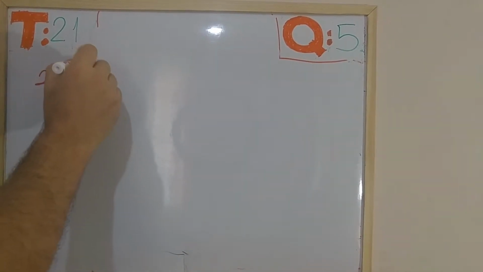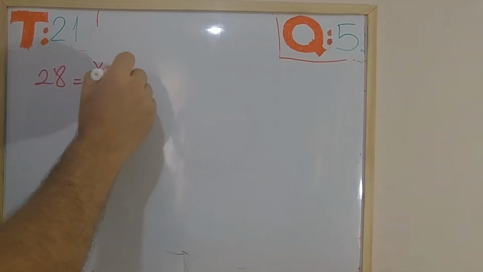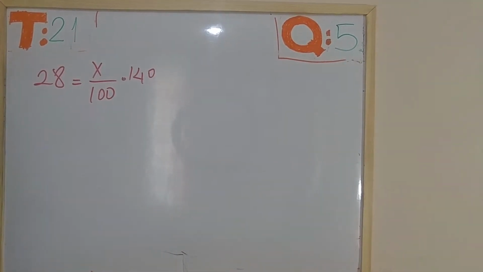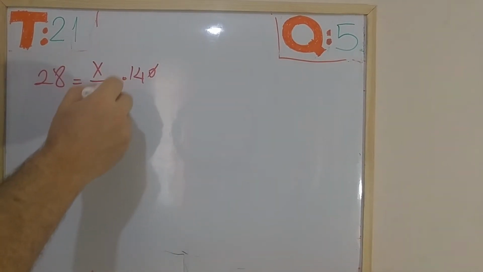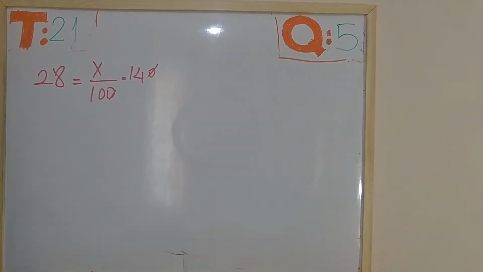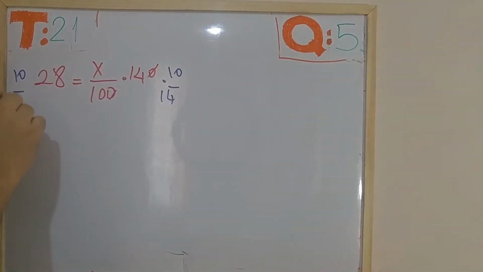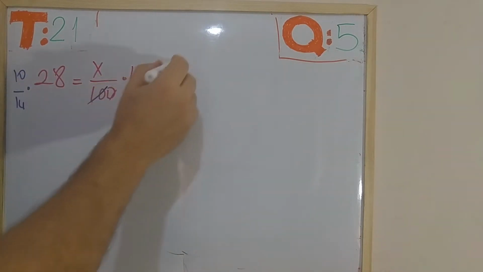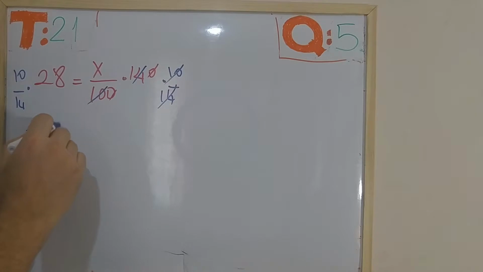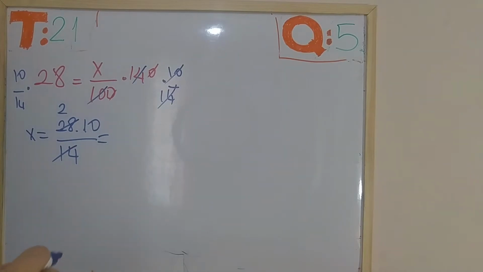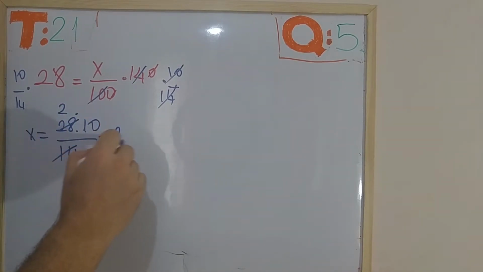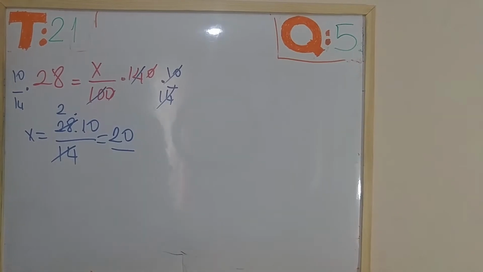28 is what percent of 140? Let's calculate that. Simplification. And let's multiply each side by 10 over 14, so that x is left alone. And x is equal to 28 times 10 divided by 14. 14 and 28 are divisible. This is left 2. Nothing left in the denominator. So what I have is 2 times 10, which is equal to 20. So 28 is